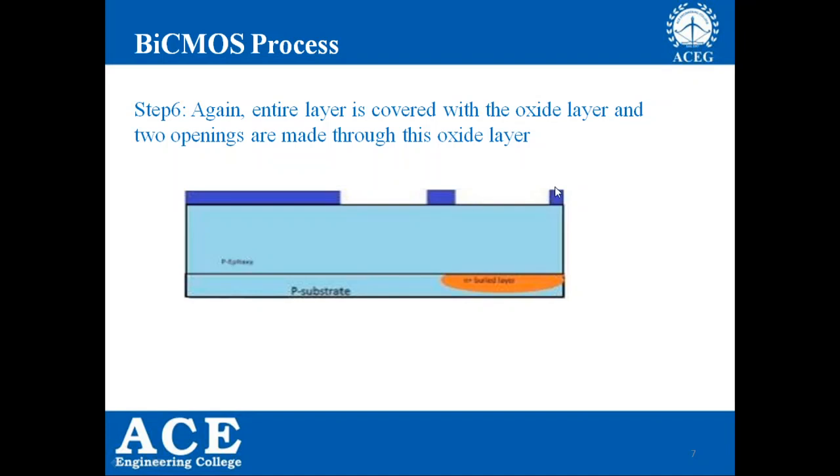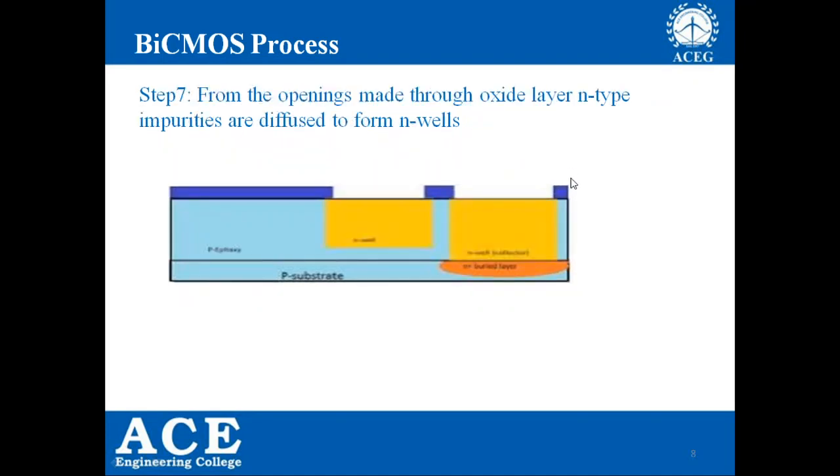So now let us see how this N-well is formed and N-type collector is formed. So this is N-well, this is N-well. So this N-well is going to act as the substrate for the formation of PMOS transistor, and this is N collector. So in NPN transistor you will have N-type collector, right? So that collector we have formed first, right?